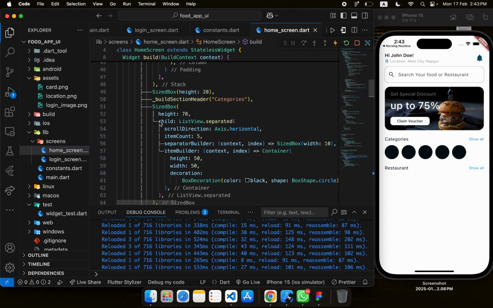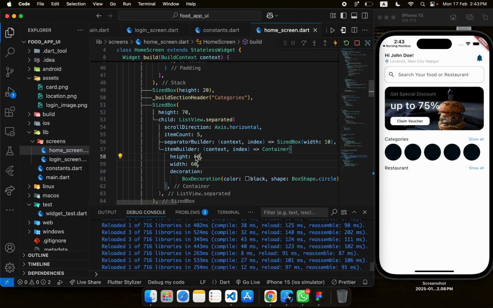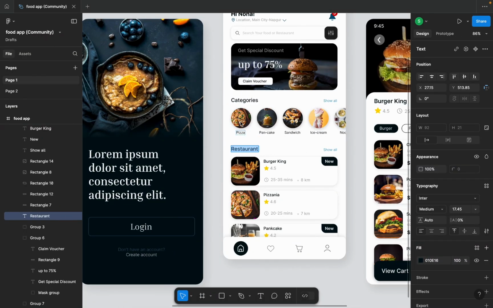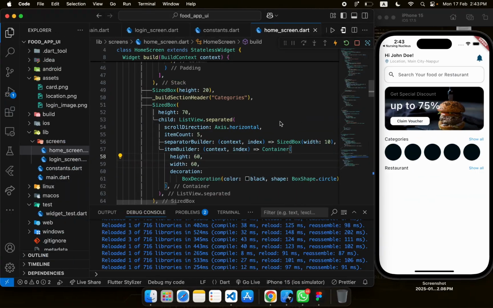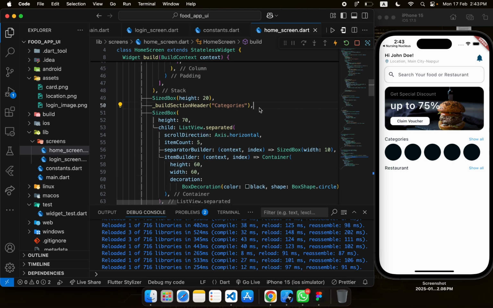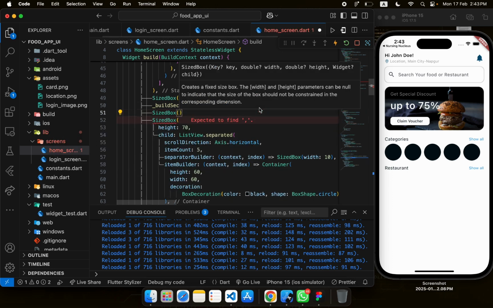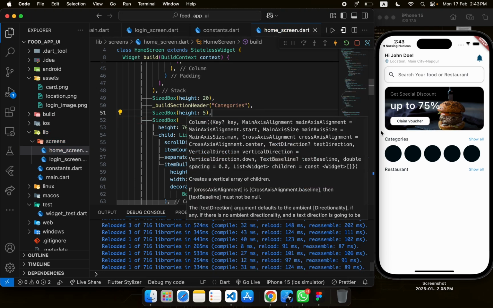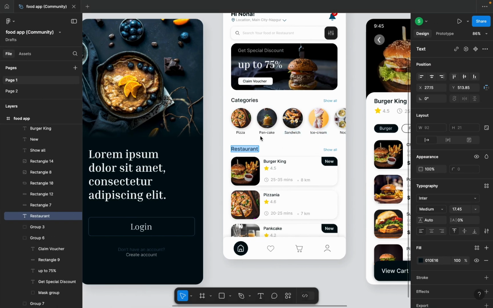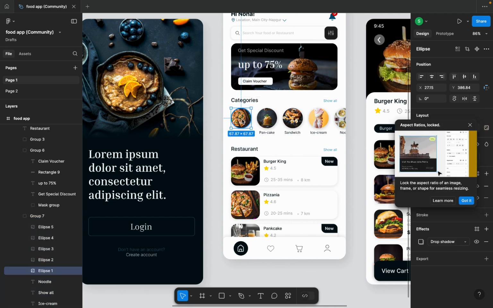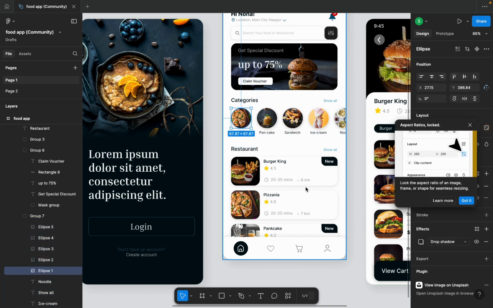Now we also need to do some other adjustments. Let's make it 60, a bit big. I think it's looking good now. We also need some spacing between this section header. Let's give it 5. It looks better now. Here we need to add these images, so let's pick one image that we will add,